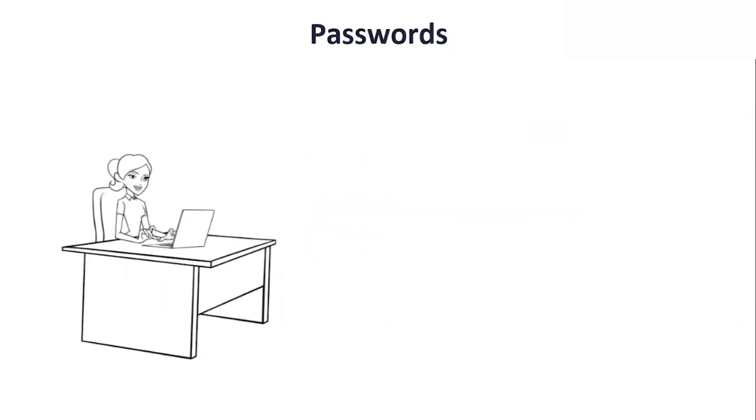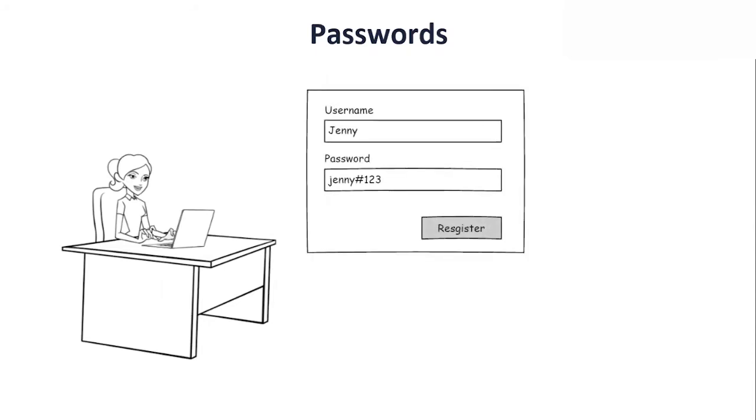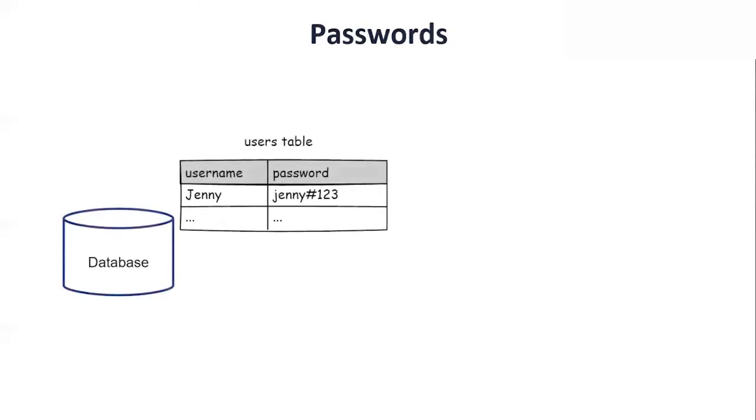Let's say we have this user Jenny, and we have developed an application that this user Jenny is trying to register. So she provides the username as Jenny and password as Jenny#123, and she registers to the system. And if we simply store the username and the password on the users table, that will look like this. We have the username as Jenny, and under the password column, we will store Jenny#123 as a simple text